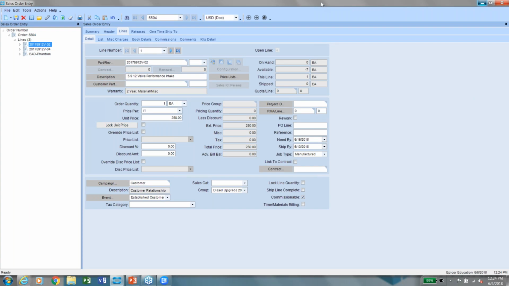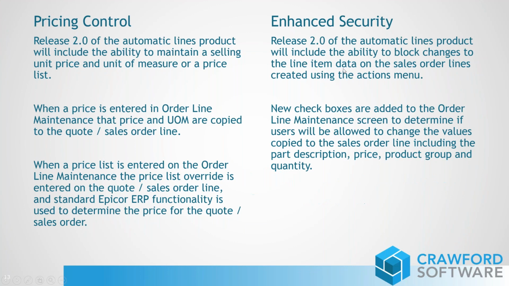What we're doing with Release 2.0 is we are actually going to go ahead and put another set of control measures on the line item maintenance screen, and you're going to have 2 checkboxes. Allow the user to override and change the values in quote entry or in order entry. When that field is blank, all of the fields in the order line maintenance screen, the product group, the unit price, the unit of measure for the price, the sales price list, product description, product group, will be grayed out. The user will not be able to maintain them if they've been copied from the automatic line